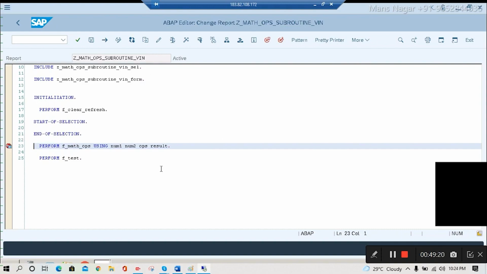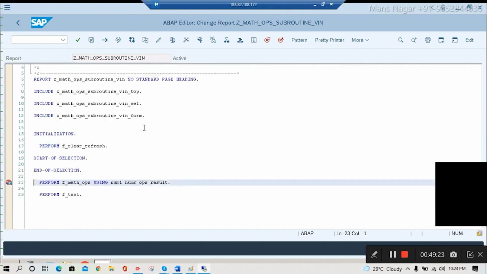One more thing. One small query. Let's suppose I opened the program in SC38. Your voice is low. Is it fine now? Yes. I opened one program in SC38 and let's suppose in the 20th line I thought to keep one breakpoint. Do I need to save it after keeping the breakpoint or